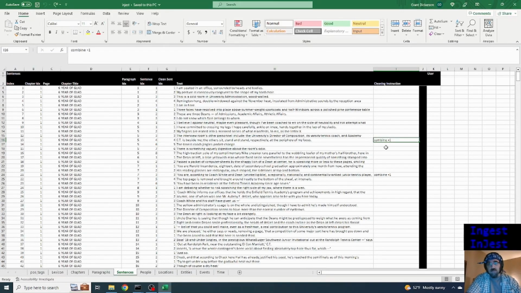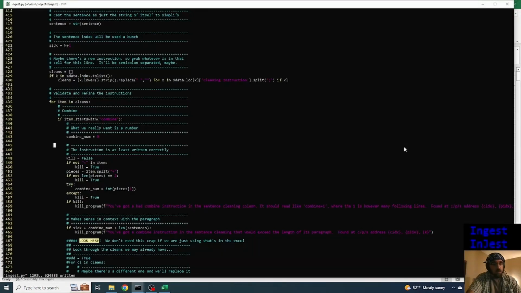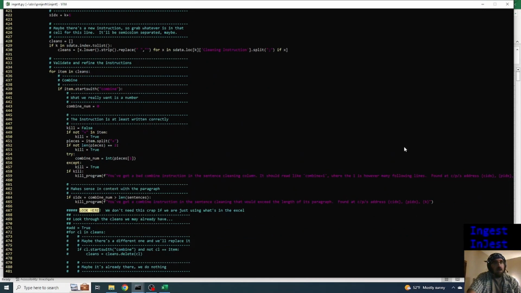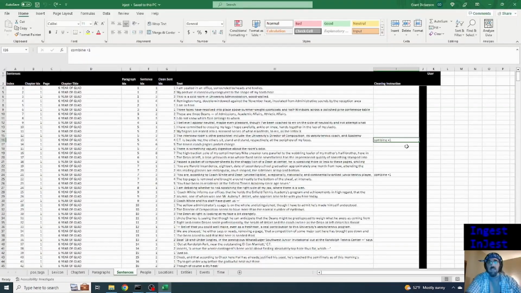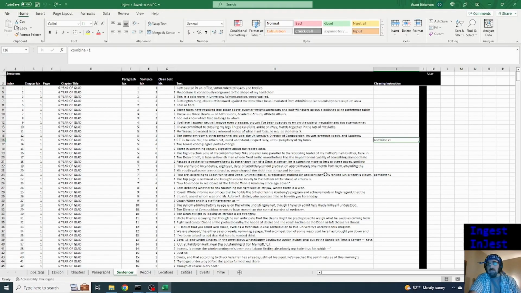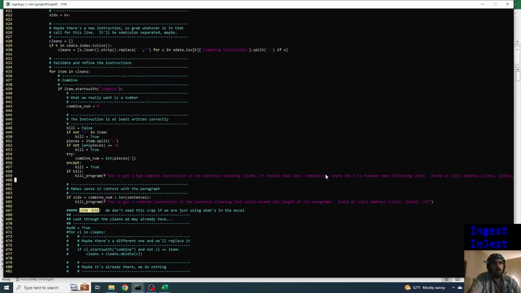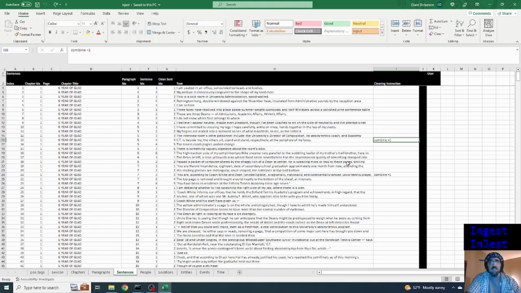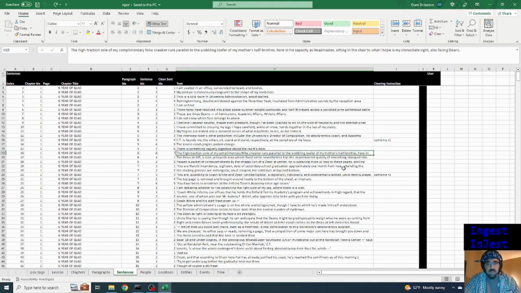semicolon separated. So we go to the first one, and so we say combine plus one, and what we're trying to get is the number out of here, right? So we have to check and see, is there even a plus? If there's a plus, is there something after the plus? If there's something after the plus, is it a number? And so all of that, and then we say, okay, if we've gotten all that far, is that number like,